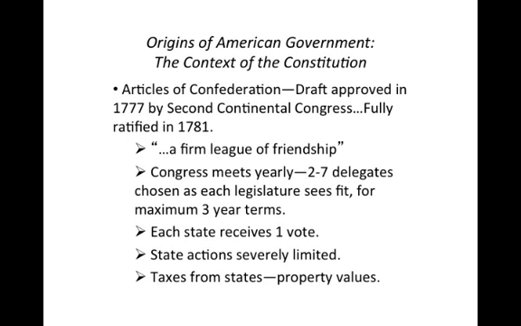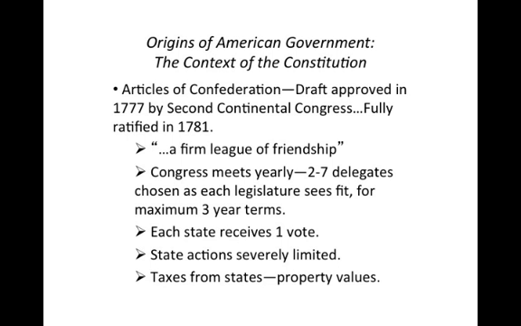several interesting things. First of all, it's not described as a national government. It's described as a firm league of friendship among these states. There was really little more by way of structure here than a national legislature, a Congress, that was established to meet yearly. The states could select 2 to 7 delegates for each term of the legislature, and each of the delegates could serve a maximum of 3 years. Under the Articles, each state got 1 vote in matters of